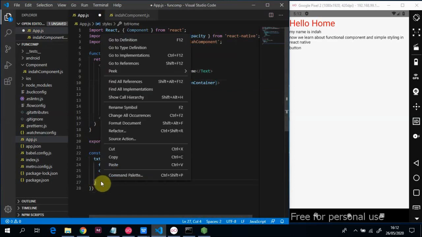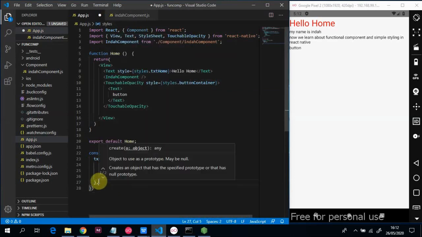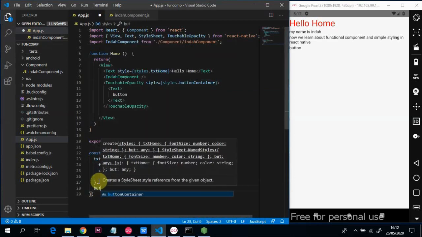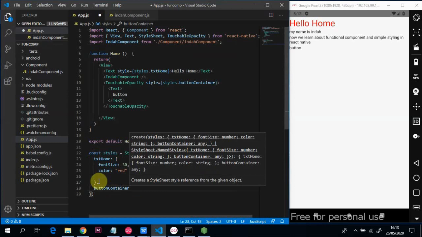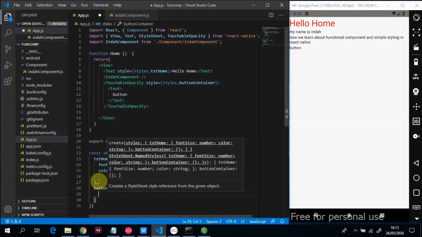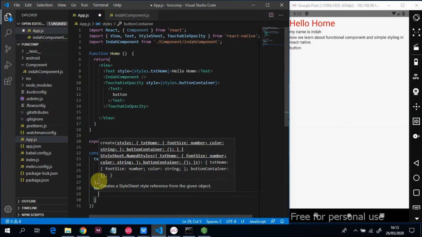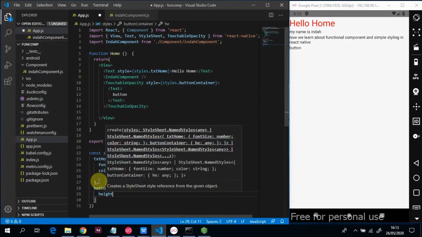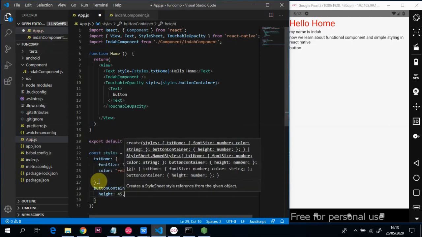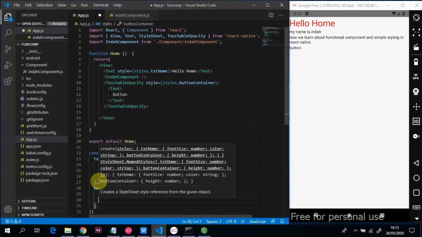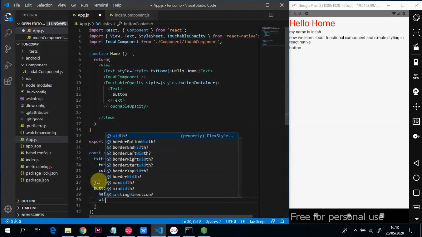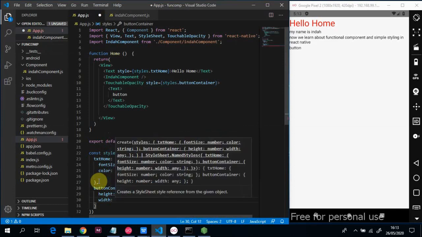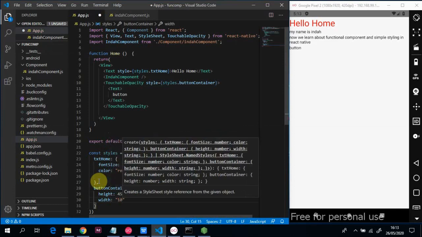Okay, and I tap here with button container. Okay, height, for example 45, and then width 100%. Okay,